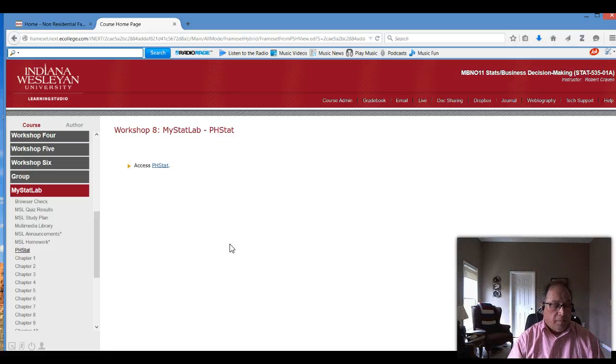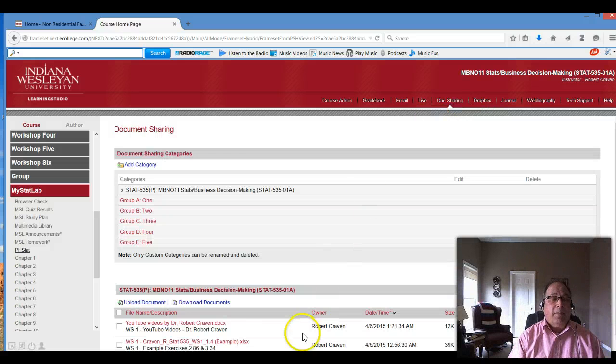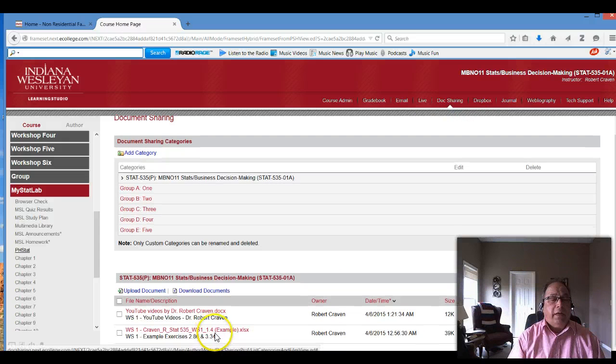When you click on that, it will take you to PhStat with instructions on how to load PhStat onto your computer. Across the top in the red, there's a tab called Doc Sharing, and I will post information in there for you each week. I will post example exercises that are similar to the problems that you will work on in your homework.